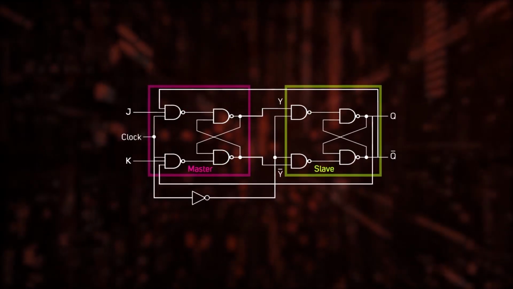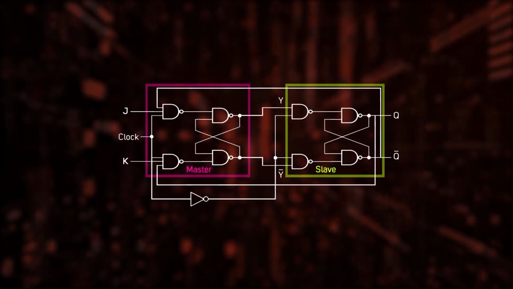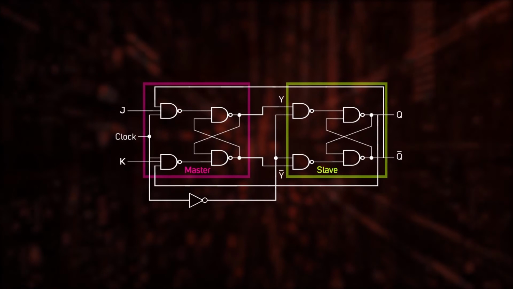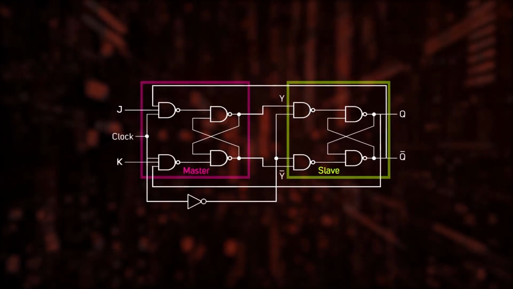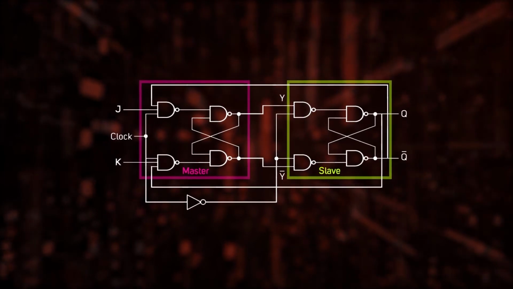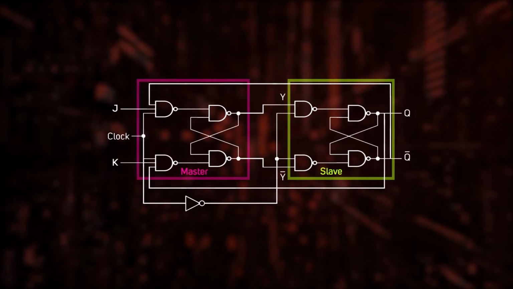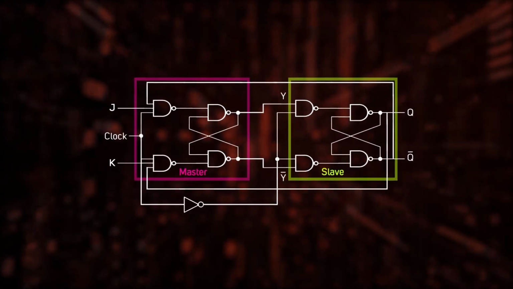flip-flop. Another striking characteristic of the JK master-slave flip-flop is that it can avoid the race around condition which arises in the basic JK flip-flop. Do you remember what is the race around condition? When does it affect the flip-flop? It affects when both the inputs to the JK flip-flop are at the high level, that is J and K